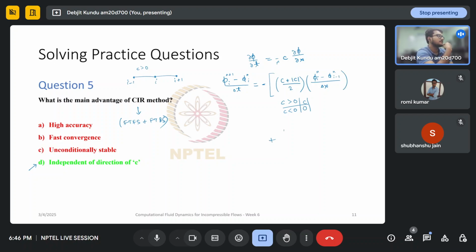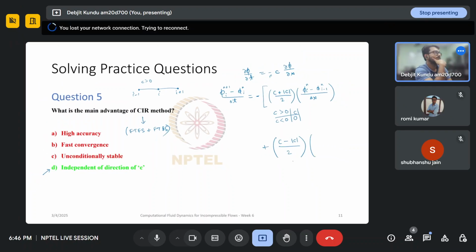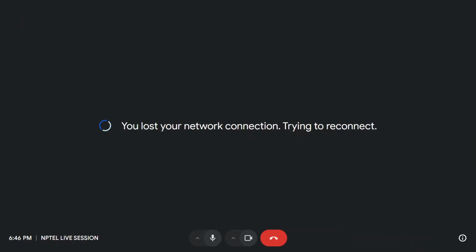And the other term would be C minus mod C by 2. And look at this term now. So if C is greater than 0,